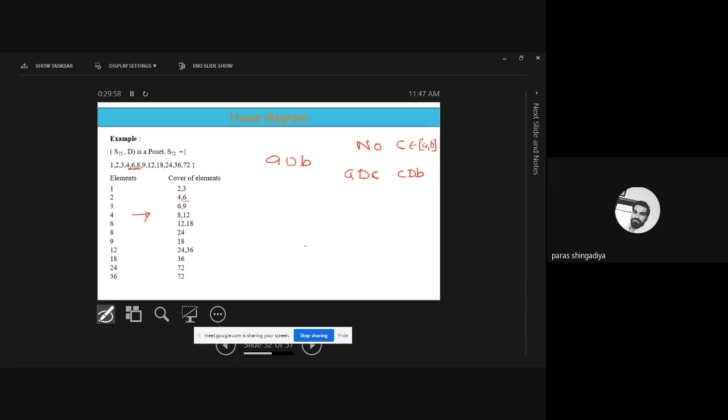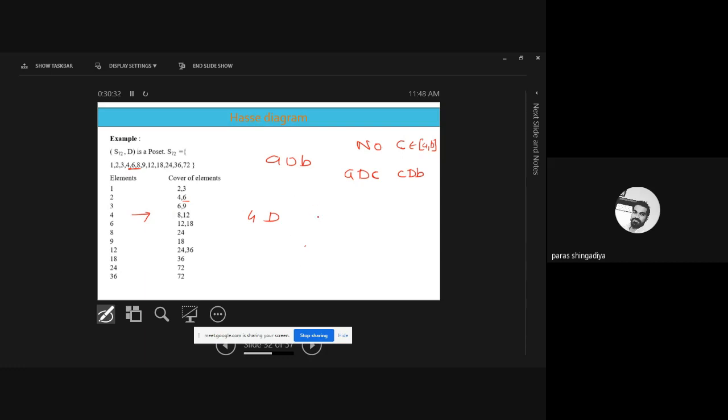And then after 4. So after 4, which entry is next? 6. So 4 and 6. 4 divides 6 is incorrect. So 6 is not the answer. Clear? 6 is not an answer of cover element of 4. And after 6, 8 is next. So 4 divides 8. You can divide 8 by 4. So 4 divides 8, and in between 4 and 8, 6 is there. And that is not a possible answer of C. Okay, 4 divides 6 is incorrect, 6 divides 8 is also incorrect. Okay, so 8 is clearly the answer of cover element.